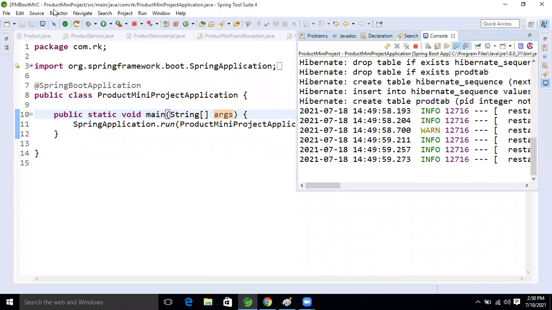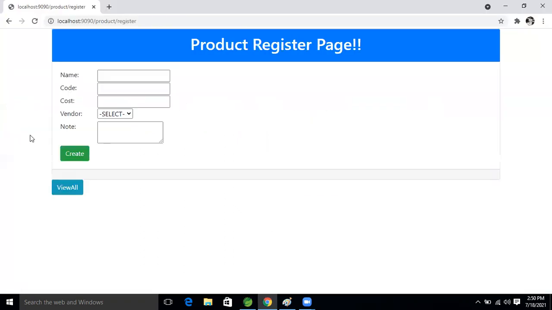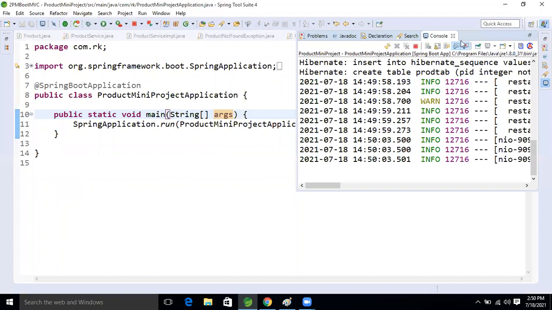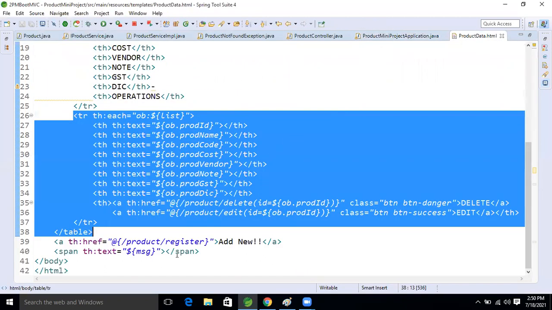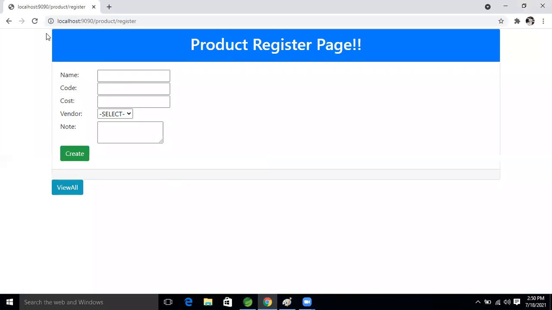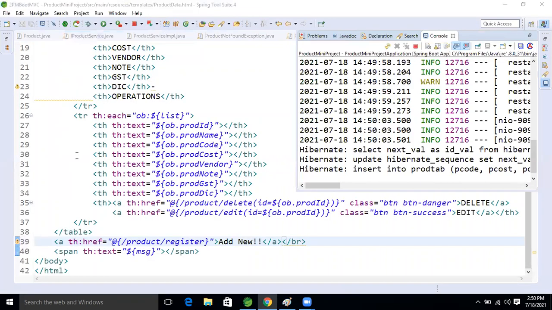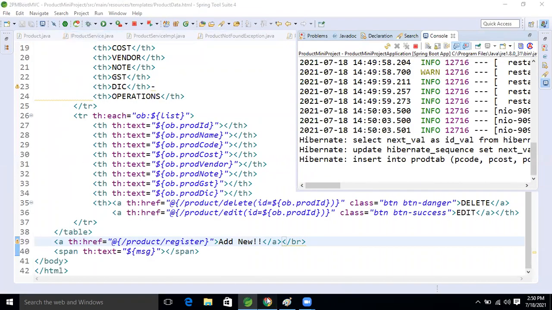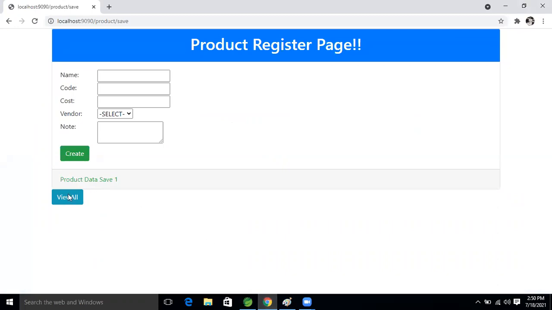Okay, click here. Mobile and what? Now click the view all, right?